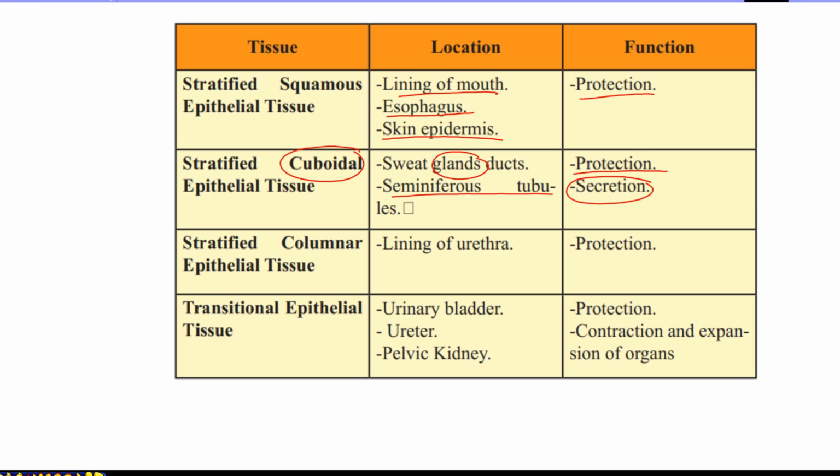protection. Stratified columnar epithelial tissue in the lining of the urethra, part of the male urogenital system, transports urine out of the body, so it protects the inner layer of tissues from acidic substances. Transitional epithelial tissue is located in the bladder, ureter, and pelvis of the kidney. We said this tissue has the specialty that cells can change their shape without any damage. So cubic-shaped cells tend to be flattened and change their shape without any damage and provide the function of protection in organs with contraction and